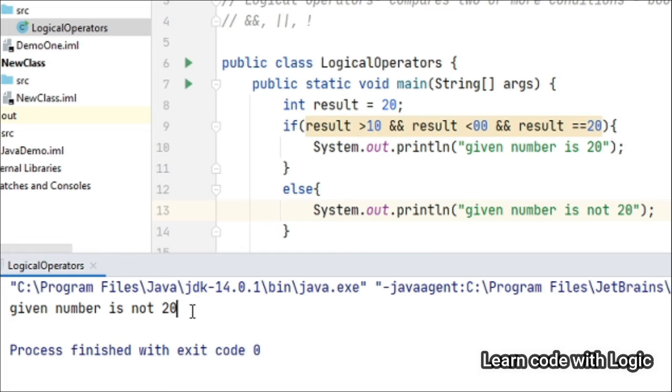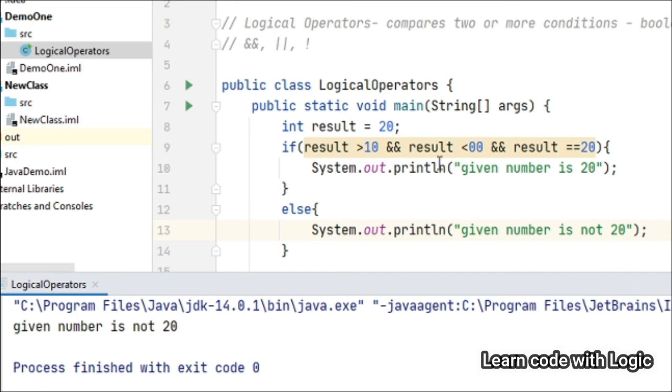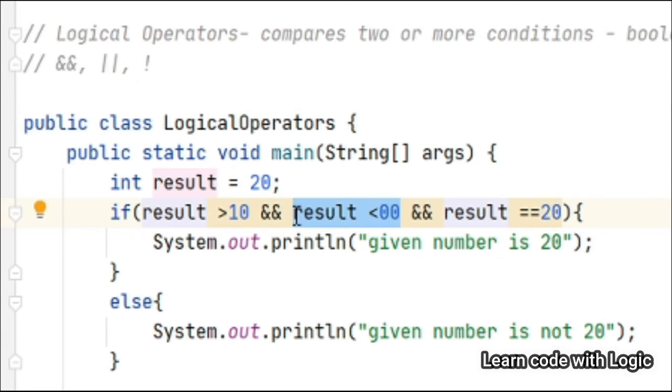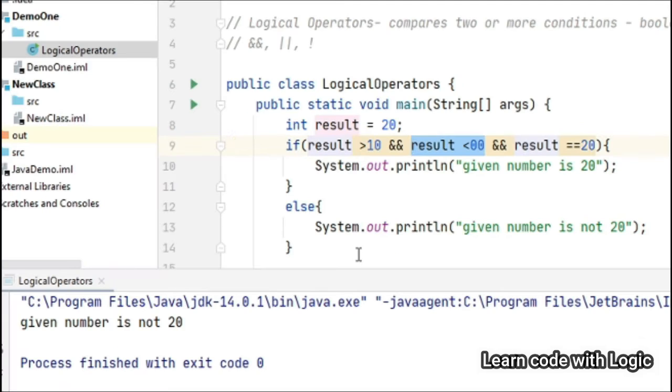So you'll get the output as given number is not 20, because look here, there it fails the statement. That's the reason it's printing given number is not 20.